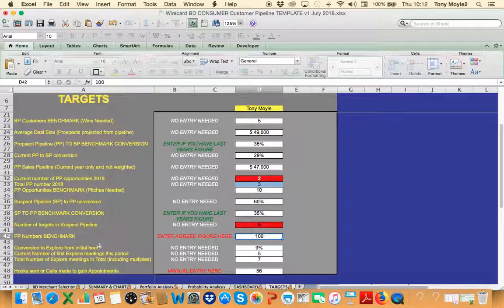Final few things on this target sheet then. Conversion to explore from initial hook. What we need to think about with a hook is what I'm doing to try and gain an appointment. It could be a phone call, it could be an email, it could be a conversation at a conference. So if we look at line 48, hooks sent or calls made to gain appointments. We know we've gained 5 appointments because we've gained 5 entry points to our suspect pool, and at the moment in this version it says we've made 56 calls to gain 5 appointments,